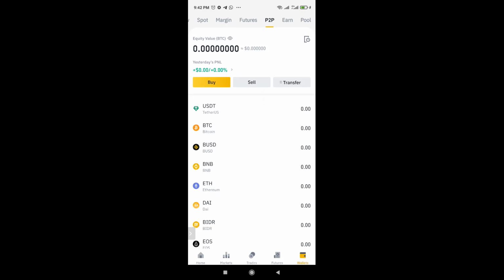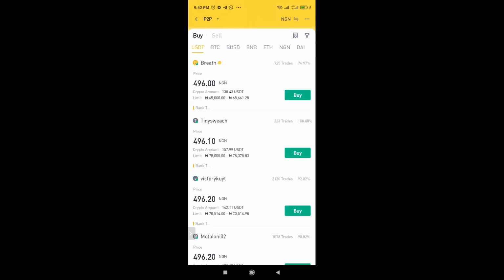For that P2P trading, the people that would transfer to their accounts, I'm seeing about 500K, 1 million. Can't we find lesser? I mentioned it now. I told you that you have to look for people who can give you within your limit. Look at these ones.